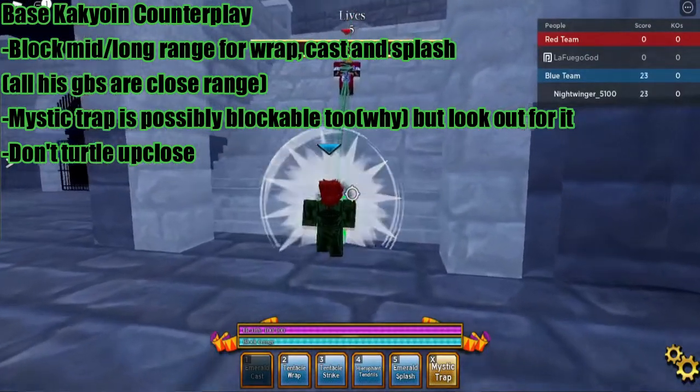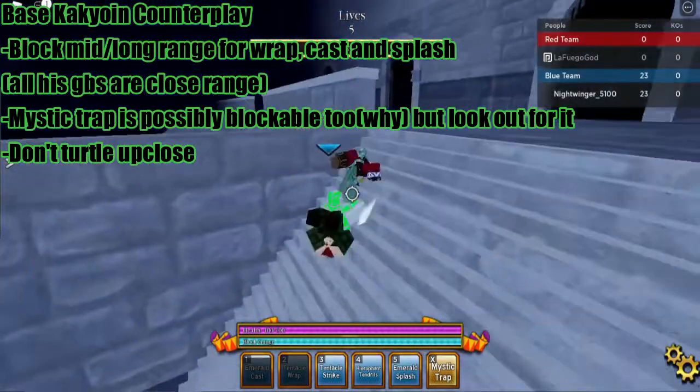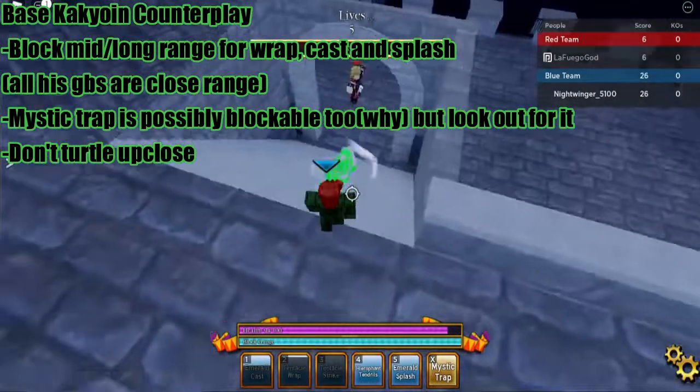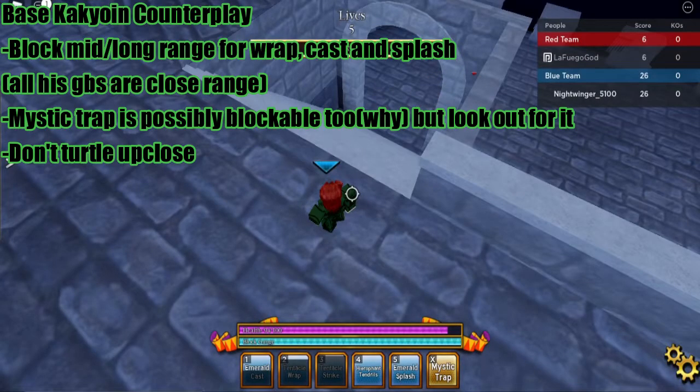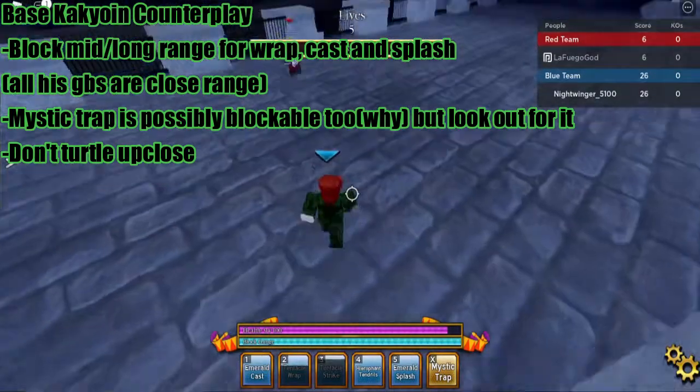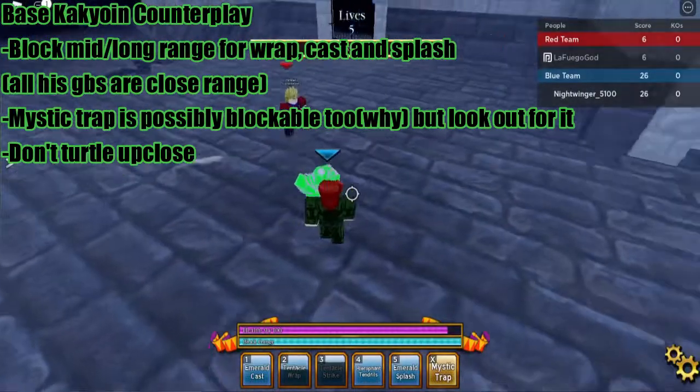But with that information, you now know what you need to do. Mid-long range, you hold block. Close range, you just look out for the moves, but you don't turtle. So, simple as that. Now, his trap, you need to make sure you keep a conscious